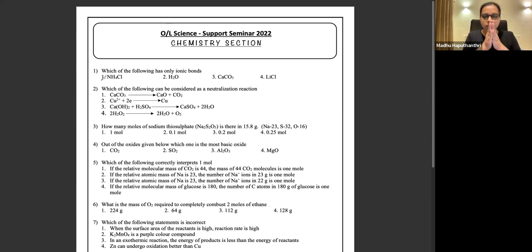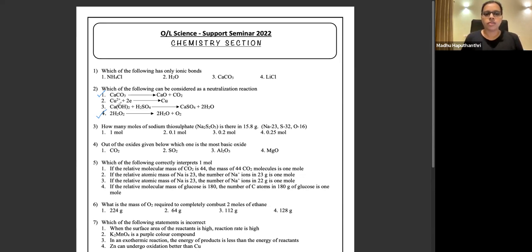So that means simply the one you have got at the beginning, you are breaking that into pieces. So the first one and the fourth one, if you look at them, in both situations, what has happened? At the beginning, you have one and it's going to more than one. So the simple idea is that the compound is breaking. So those reactions are falling under decomposition reactions. You're decomposing.